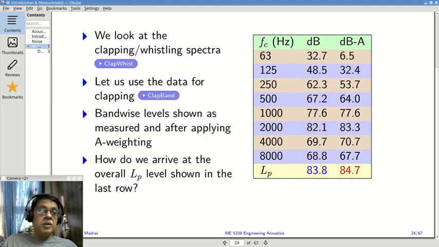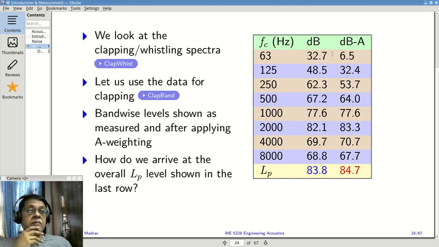You can see what I showed as a set of bars; I have now documented the values. 62.5 is 63: 32.7 dB, 48.5, and then reasonable numbers once you come to 250, 500, 1000. You can see the dominant numbers are in the 1000 and 2000 bands: 77.6 and about 82.1, and about 70 dB at 4000 and 8000. So there are 3 or 4 bands which are basically